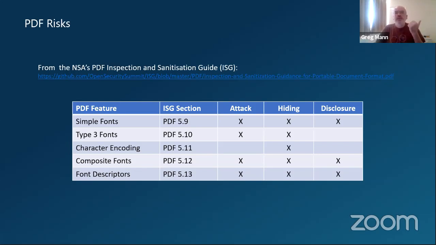So for simple fonts, it could be a vector for an attack. It could be used for hiding information, and it could be used for some form of disclosure. I think those particular sections are really good for saying all the types of things that could actually be done. And I'm not necessarily going to go through a huge amount of detail, but these are what I've taken out from